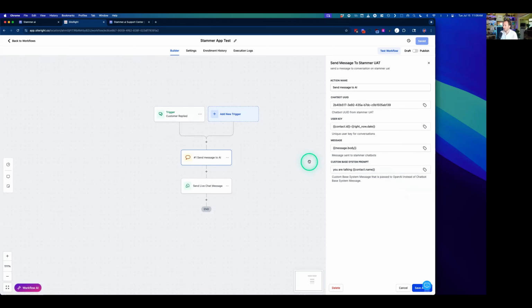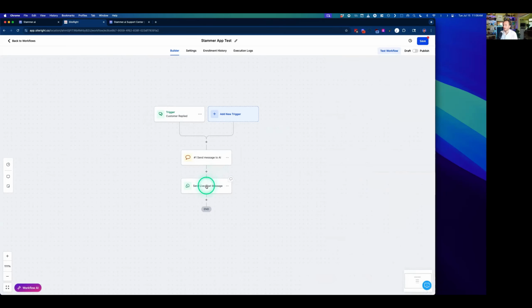This is again available from our white label API, and this is one of the cooler features that we've seen a lot of people take advantage of to customize those conversations. That way the AI agent already has context and knows exactly who it's talking to. So you can set that up very, very quickly and then click save.